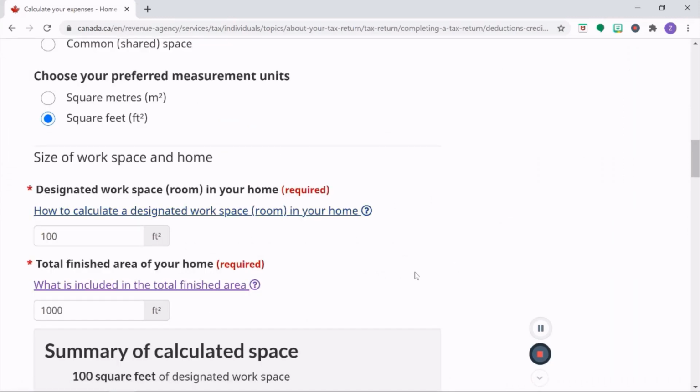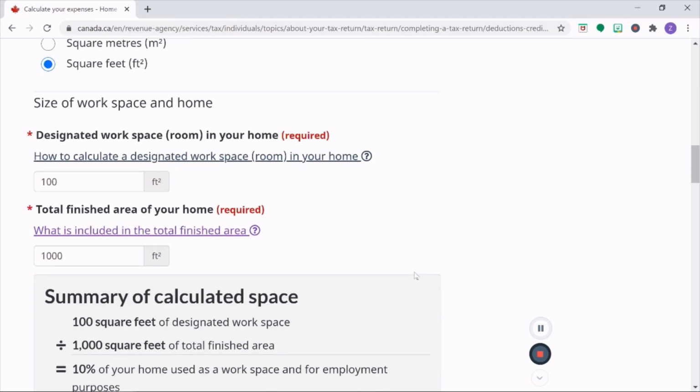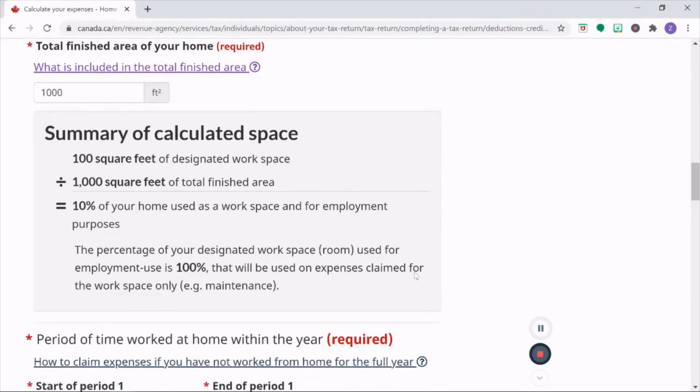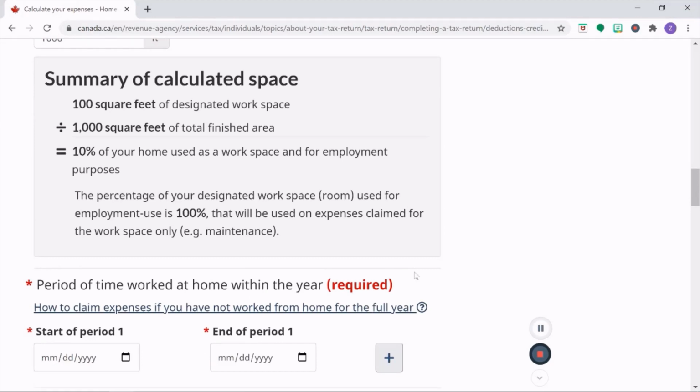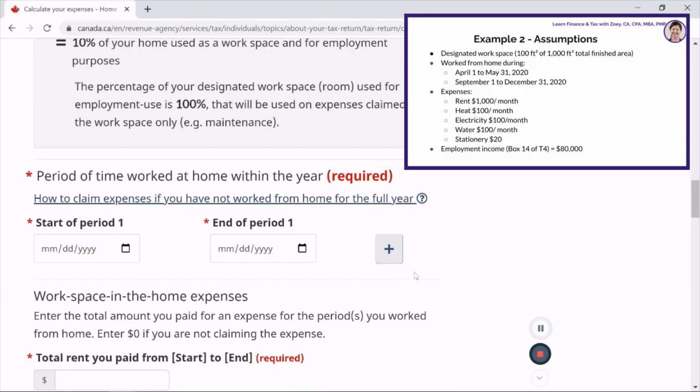After you enter the size of workspace and home, the calculator will tell you the percentage of your home used as a workspace and for employment purposes. The next step is to enter the period of time worked from home. For this example, it is April 1st to May 31st, and then September 1st to December 31st.